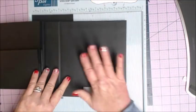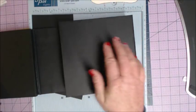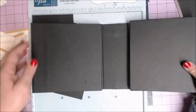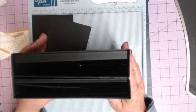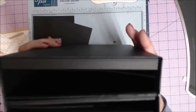So this is the very far right. So we'll have a pocket here with the flap. We'll have one here with the flaps. Then over here, we're actually going to have a place just for tags. See, and then it will close up. And we are going to tie it. Now you can see in there,